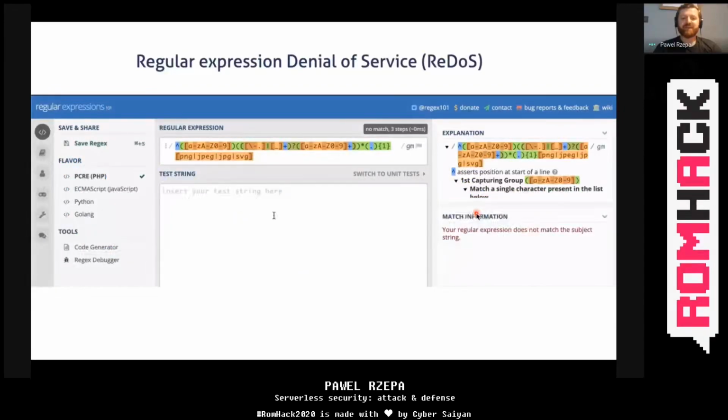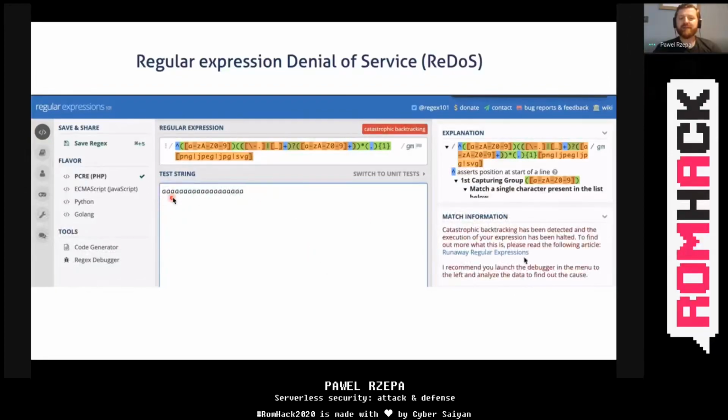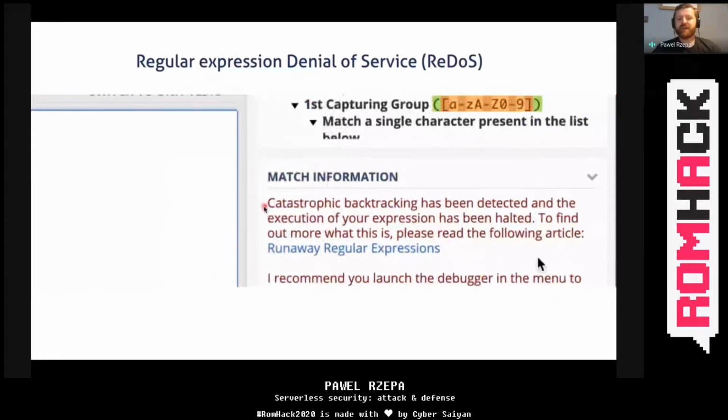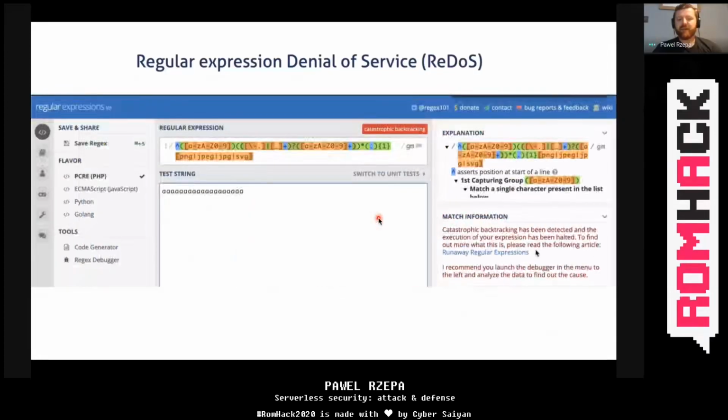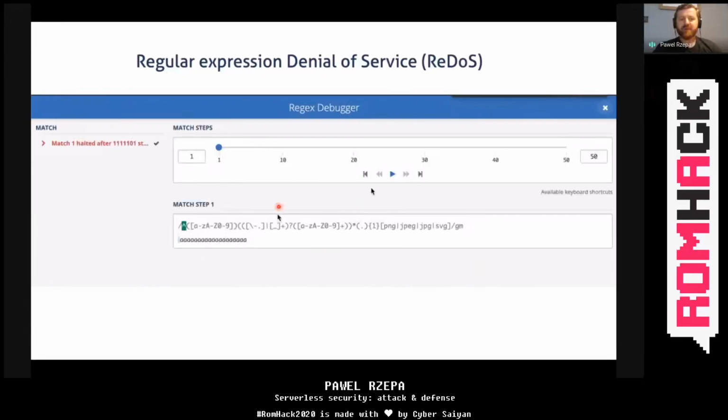And if we analyze this regular expression, you would see that if the name of the file is test, there's no match, which is good. If test PDF, again no match. And test PNG, yeah, there's the full match, which is good. However, if the internal user named the file like this, with many A letters, then you would see the catastrophic backtracking.